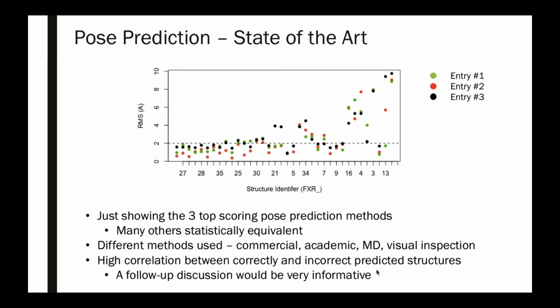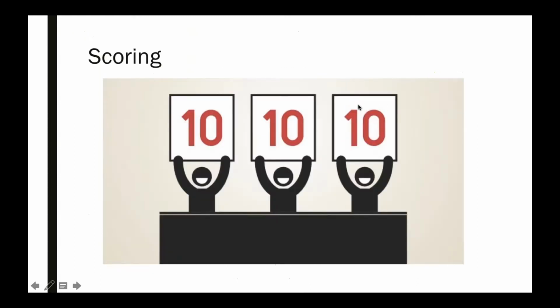The interesting thing about this is that, as I showed you before, in about half the cases, it looks like molecules were predicted within 2 angstroms. But even with this performance over here on the left side of the plot, you can see that there are still structures that were consistently mispredicted. So again, I think this is where the interesting bit lies. Let's try to figure out why there were these structures that were not correctly predicted.